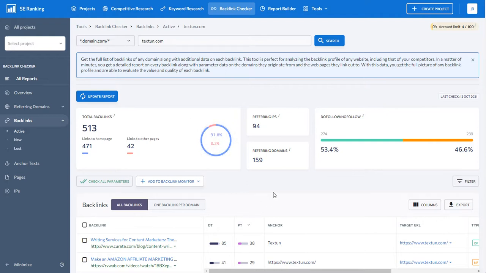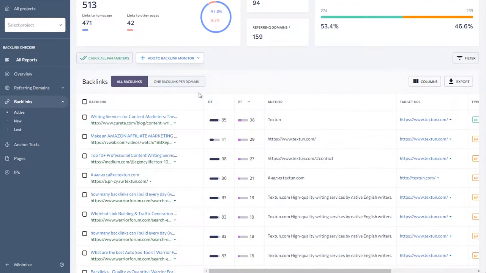So then you would want to add the backlinks you've found for your website here and link it over to your project. So the way that you do this is you can basically add all of the backlinks, or you can just choose those that you'd like to add